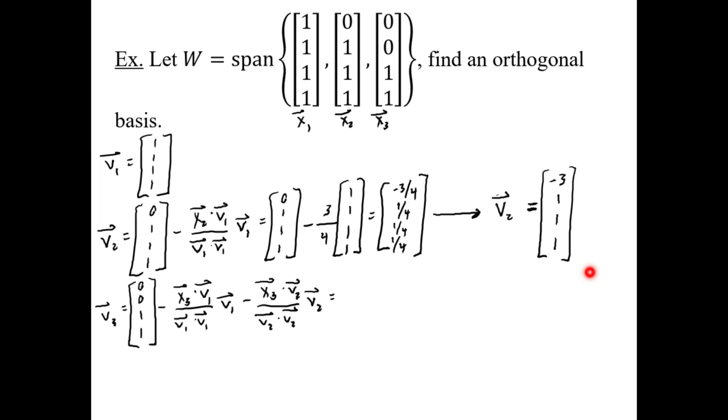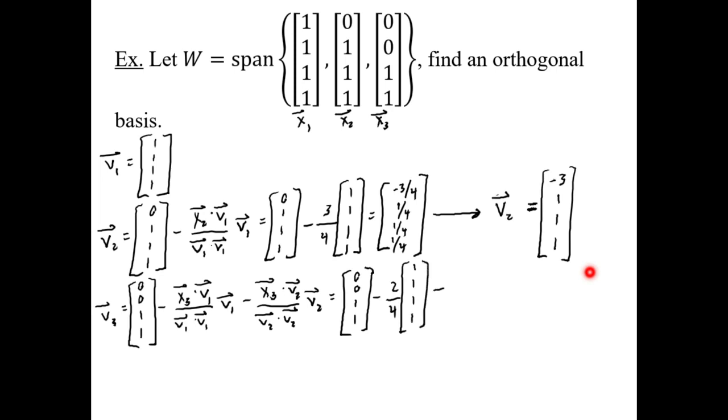Okay. So we've got 0, 0, 1, 1, minus. So x3.v1 is 2, v1.v1 is 4, times v1, which was 1, 1, 1, 1,